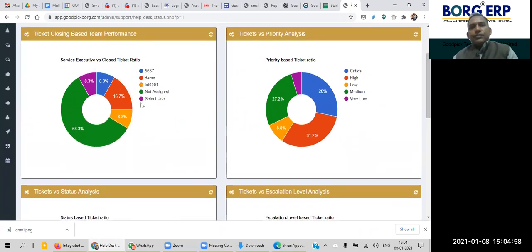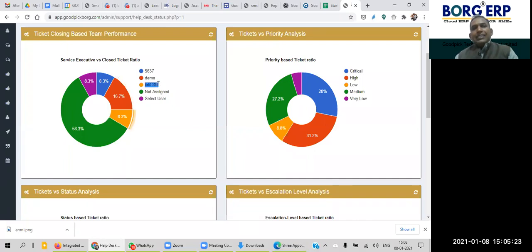The pie chart gives you an entire review of your service team or service department. For example, if we see service executive versus closed tickets, how many tickets have been closed by your support service executive? For example, this is your service team ID.